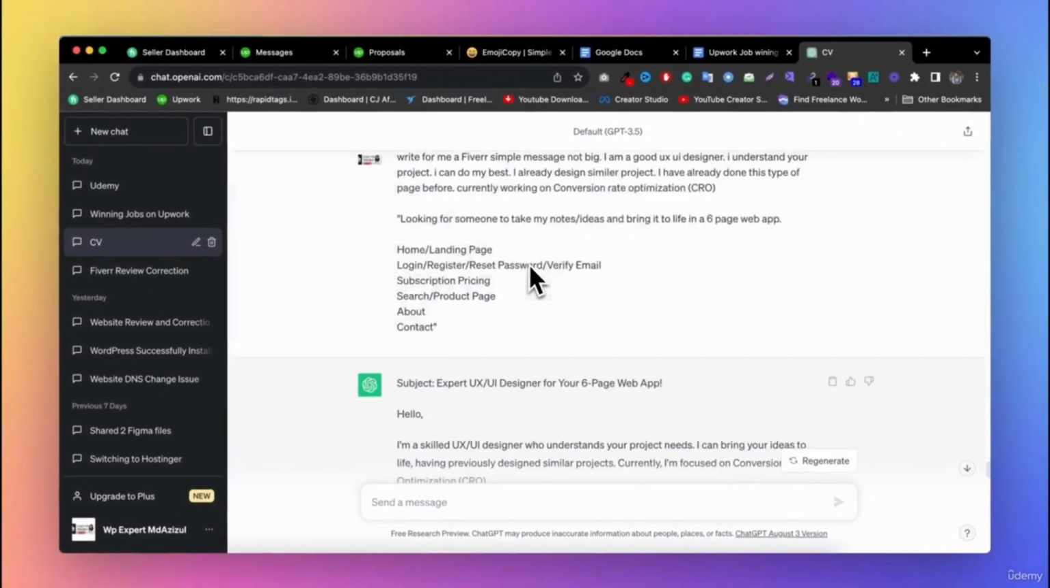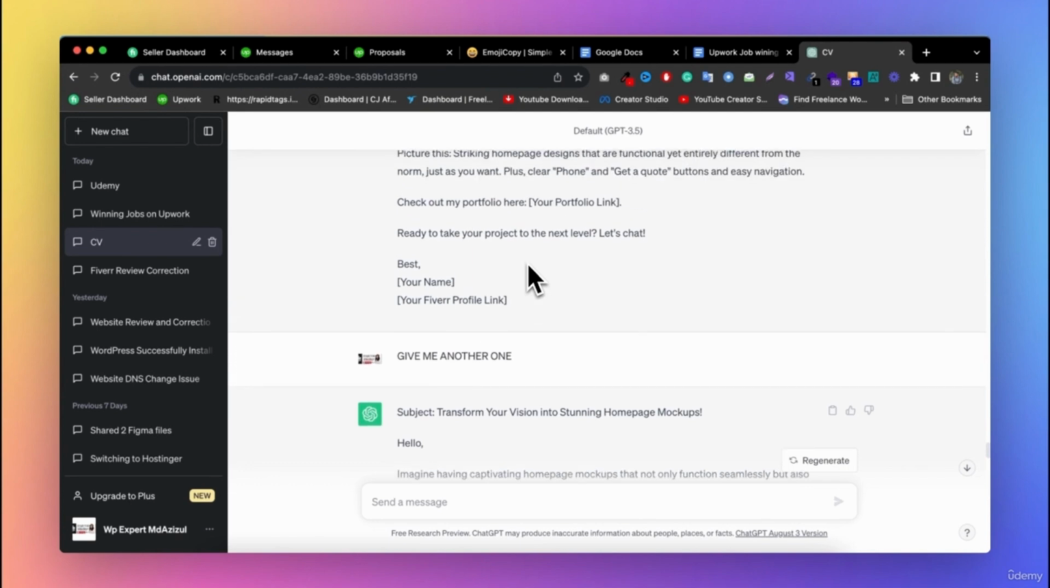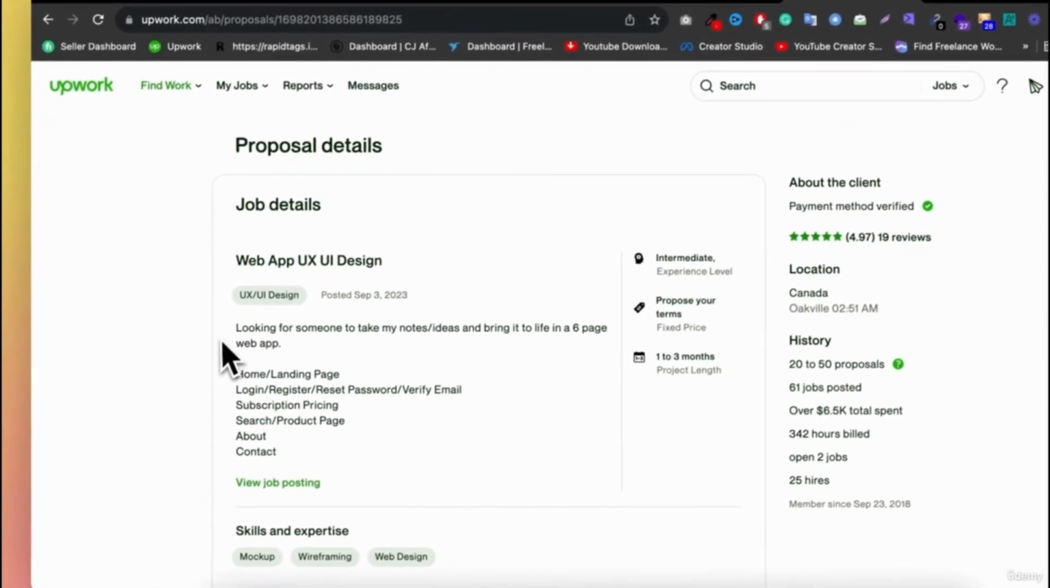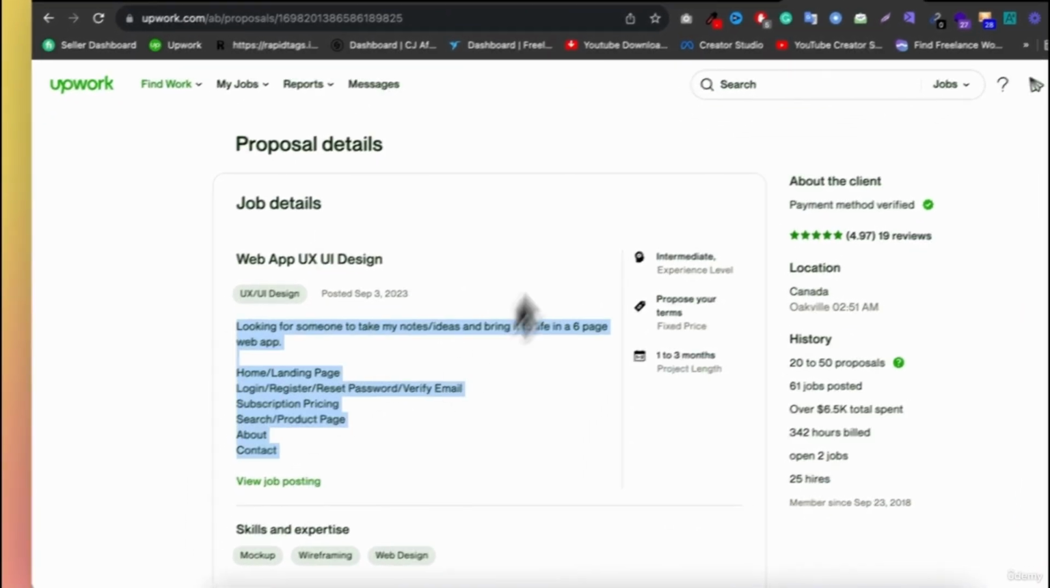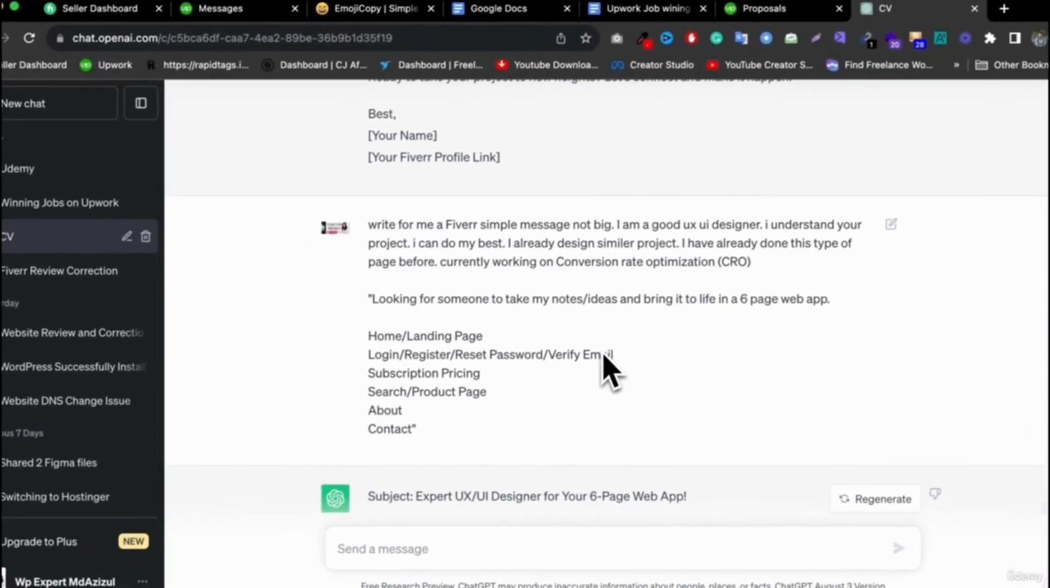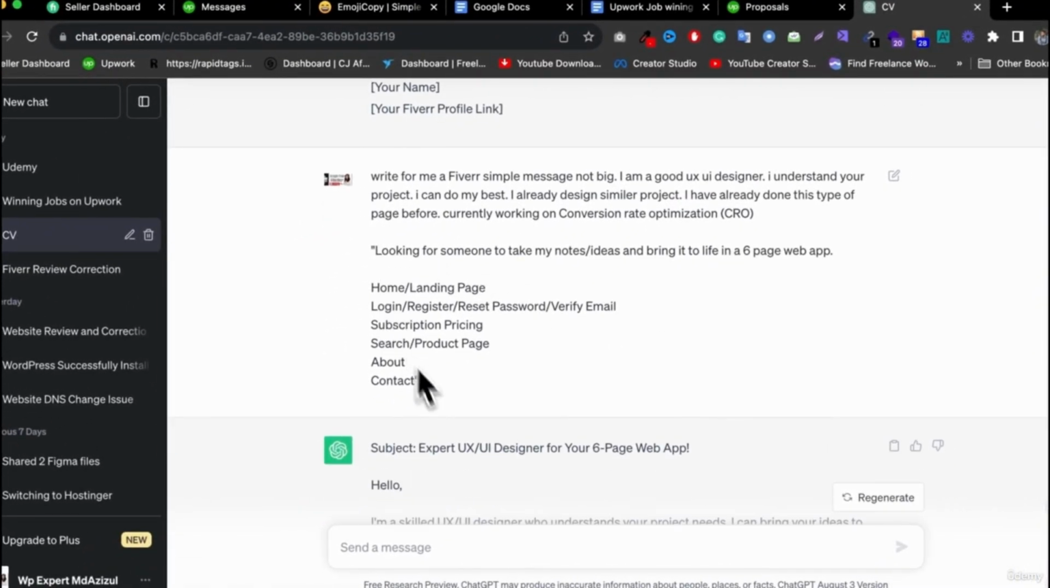Okay, so let me share from the start. What I do is I simply type this text, everything. I just copy it and put everything under quotation marks. As you can see, this is quotation if I'm not wrong. So I put everything in quotation and then just write something like, hey, write for me a simple Fiverr message